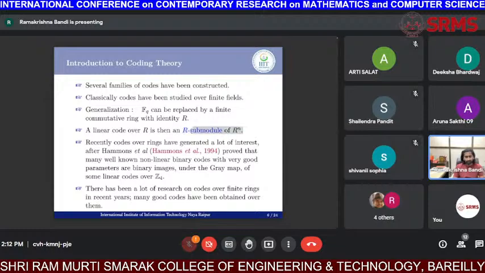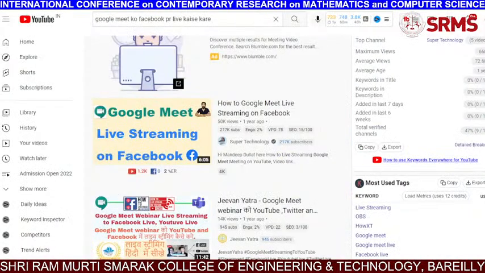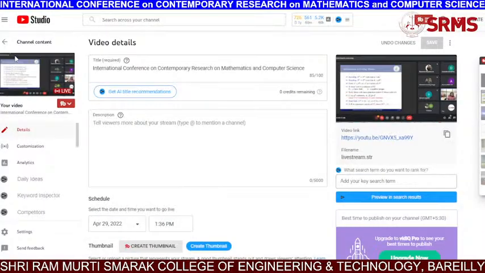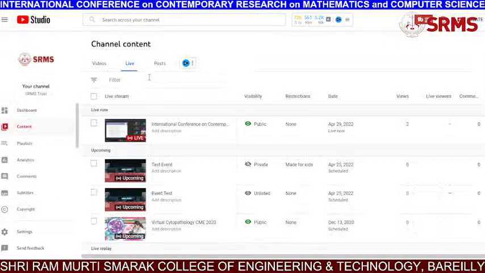Now here the difficulty: in the first instance, it seems like, okay, what's the point here? Just a finite field is being replaced by a finite ring. But the moment you replace a field by a ring, the complete setup is different, because in a ring we have zero divisors. So it's going to create problems. The first problem we face is that there is no generator matrix, because there is no basis which is going to span the complete module. Of course, there is something called a minimal spanning set, that is, a set of the minimal number of elements which can generate the entire space, which we take as the basis for C and do the encoding.